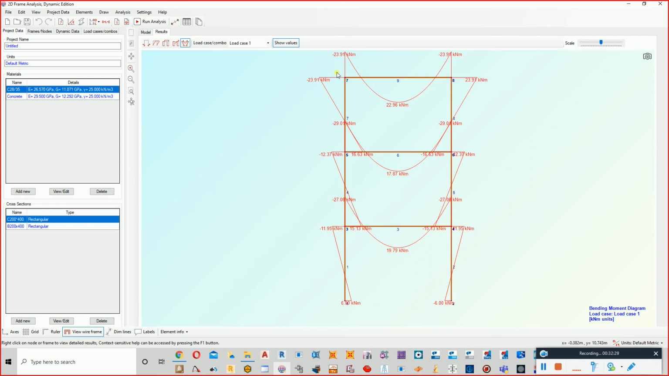Always when it comes to be fixed, we have top moment and bottom moment for the column. Okay, so this is how to model a frame in 2D frame analysis. It's very simple. It's for a typical building. It does not take time. It will give you the results within 2 to 3 minutes, which will save a lot of your hand calculation or modeling in any other software. Okay,